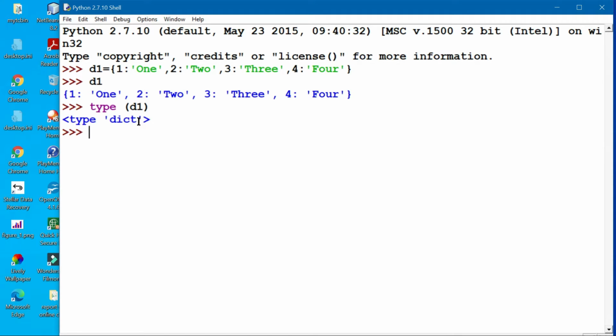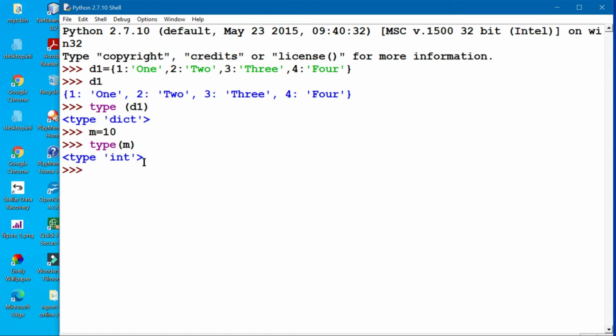For example, suppose you have taken m equals 10 and typed type m, it will show int, indicating what kind of data type you have taken. So the dictionary has been created in one way here, as a combination of integer and string.